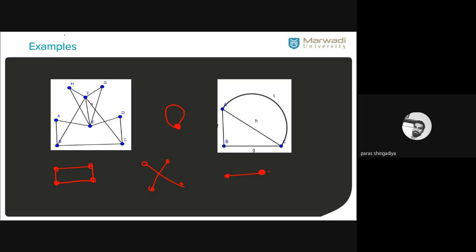You can also consider the gas pipeline connection to the societies. That is also one example of a graph, and you can check which two lines cross over at which place based on this diagram. In this diagram on paper, you can check whether an electric wire and a gas pipeline, or two pipelines, cross over or not. You can check this problem and resolve it by using the graph concept. So this is the application of a graph, and these are a few arbitrary graphs that we consider as examples.